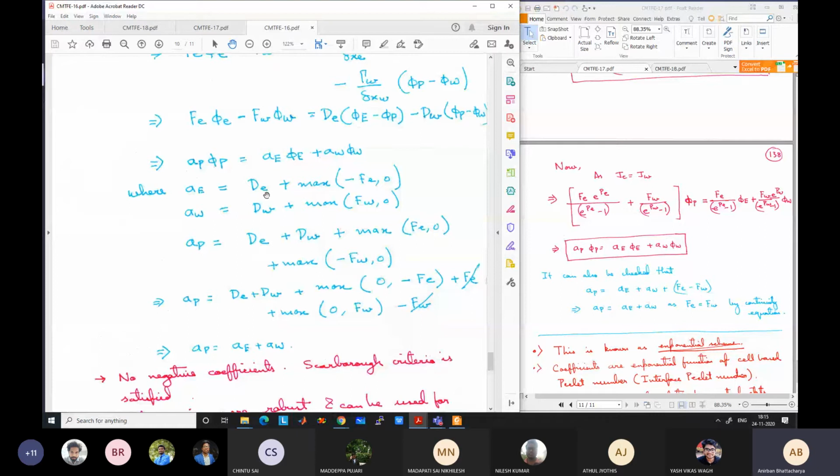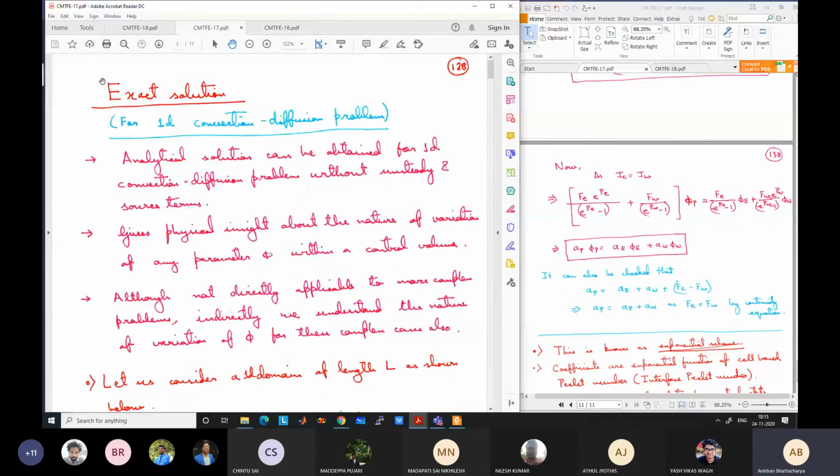Okay. And accordingly, we had devised the equation. You can go through the notes again. If there are any questions, you can ask me today. Today we have a lot of time. I have very less material. So then we went to the third type of scheme, which we called the exponential scheme.